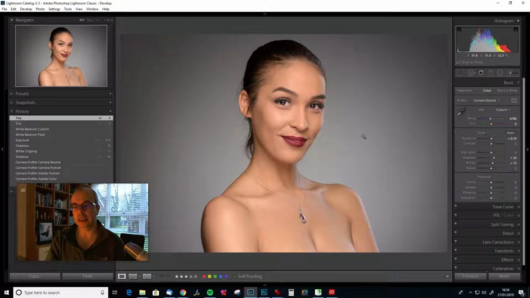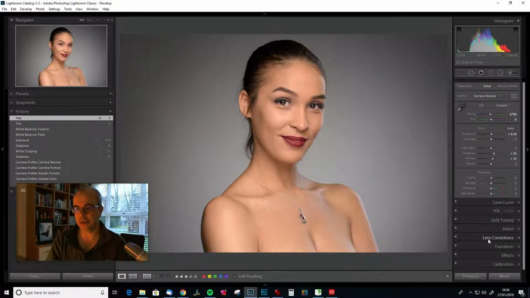Okay, so this is a fairly easy one to retouch. It's purely just going to be a bit of skin cleanup, maybe some of these straggly hairs, and that's about it really. I mean, we might do some stuff with the hips and the lips, and the eyes, but before we do that, we're just going to turn on